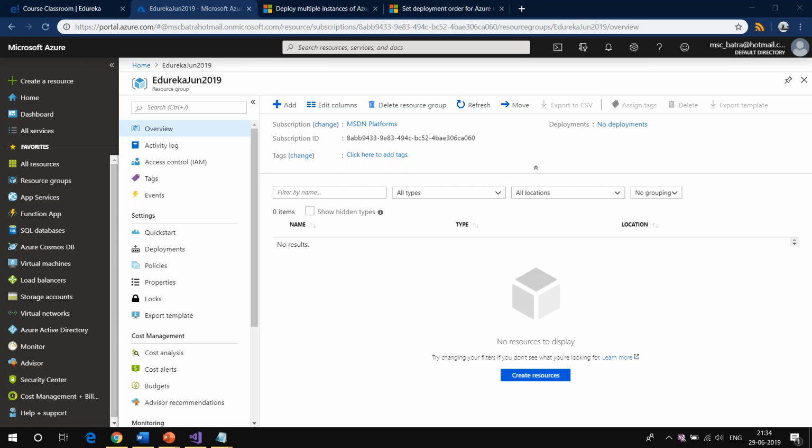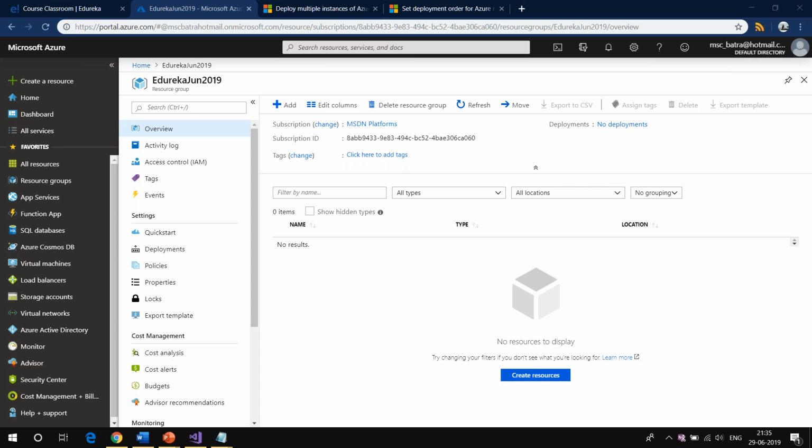And one person is saying resource groups help in access control as well. Yes, a resource group will help you do access control and handle security. When we go to the topic of security, I'm going to show you how you can set up your security at the resource group and also at the resource level. Shubha is asking, can you please call out the cost implications for services we create? Yes, Shubha, during the course we'll talk about pricing as well, where I think it is important to know. Otherwise, pricing is pretty transparent. You can simply look for the pricing, but I'll keep pointing out prices as well.